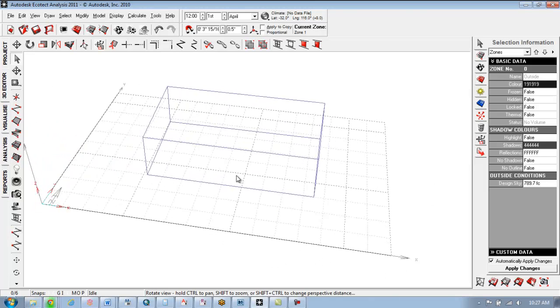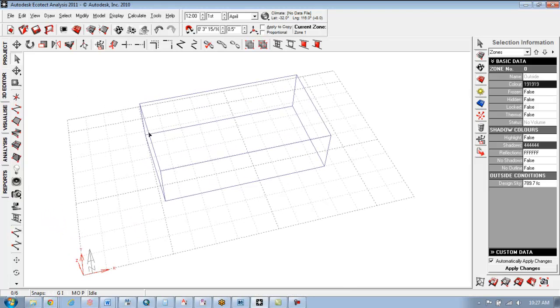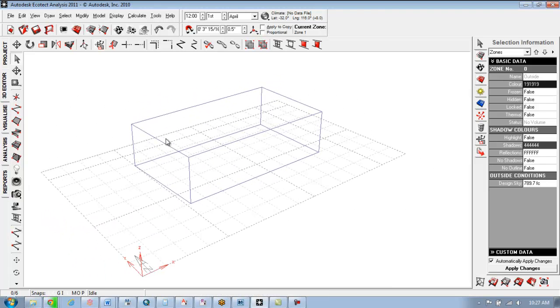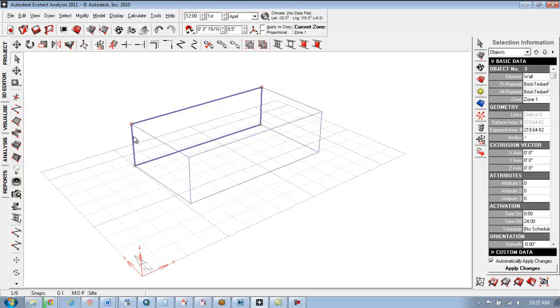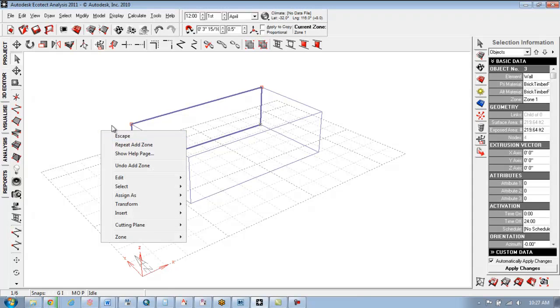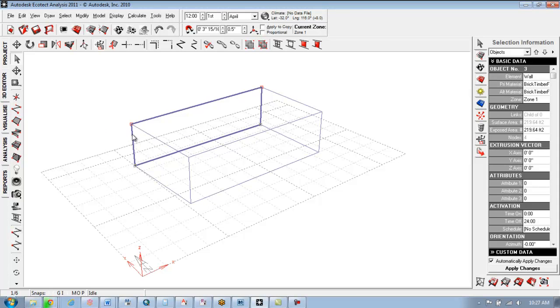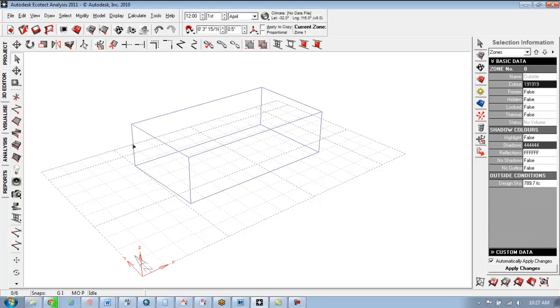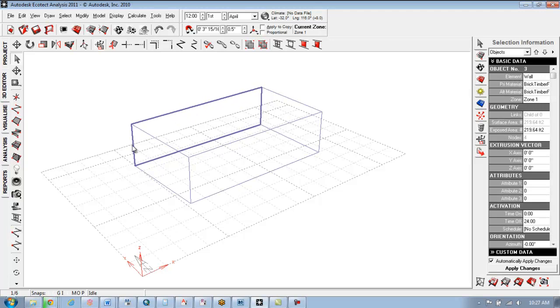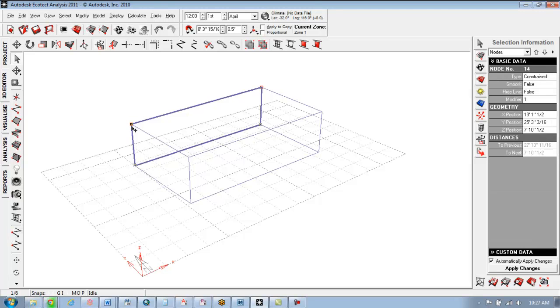So if you have a situation like we did where you modeled it slightly off, if you double click on a space, it'll bring up that object with the nodes. If it brought up the wrong space or wrong plane for some reason, the space bar will actually flip between. If you select one line, it'll actually flip between whatever the surfaces are that you've selected. But if you double click, then you can actually click on a node,